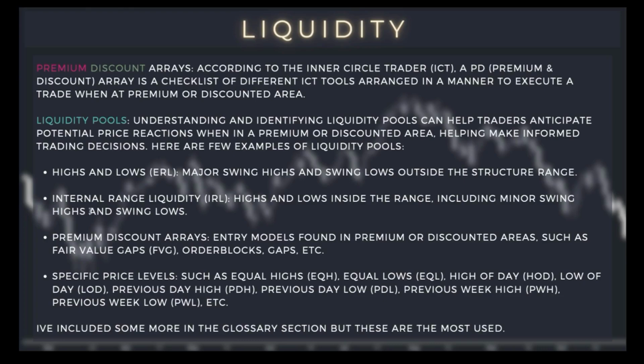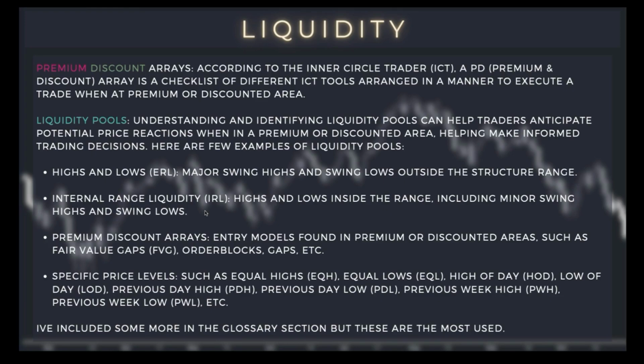Now we have internal range liquidity, or IRL, which are the highs and lows inside the range, including minor swing highs and swing lows. I will give you a more detailed example later down these slides because it gets a little bit more complicated, at least for some people it might. Next is premium discount arrays. Entry models in premium or discounted arrays such as fair value gaps, order blocks, gaps, etc. All of these can be found in these premium/discount zones, and you can consider them as entry models depending on how you trade. Now, again, we'll go over some of these examples down the line, but you have to be